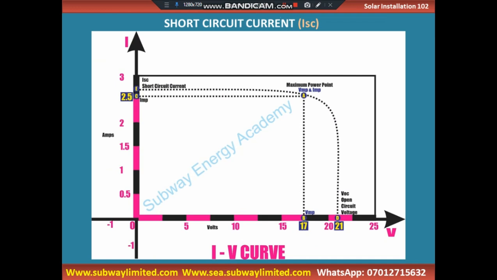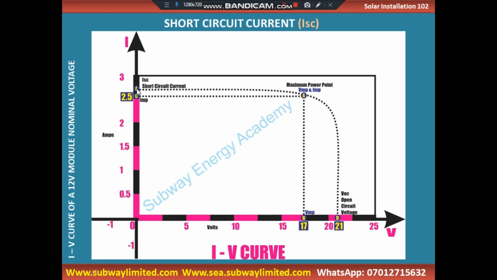What do we mean by the short circuit current of a solar panel, or what do we mean by point E on this IV curve? This is a 12 volts IV curve. So the short circuit current